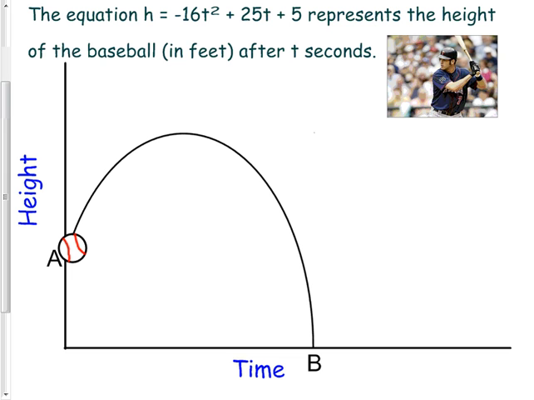All right. This spot right here, where the ball is getting hit, this is Joe Mauer hitting a baseball. He throws it up in the air and he hits it. So of course it's off the ground when he hits it. He's not golfing. Okay, so it starts off the ground a certain distance. That's the y what? The y-intercept. So how do you find this spot? If that's the y-intercept,